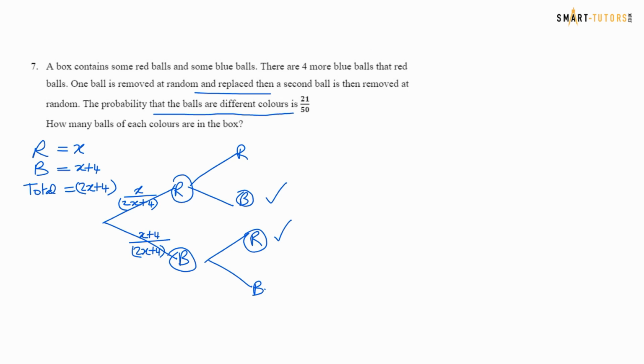So here blue means it is not conditional, or they taken one marble and not putting it back. So they are putting it back. So don't worry about one is reducing, so you need to write as it is. Here red means x over 2x plus 4. So you multiply now this one to this one, so x over 2x plus 4 times x plus 4 over 2x plus 4,